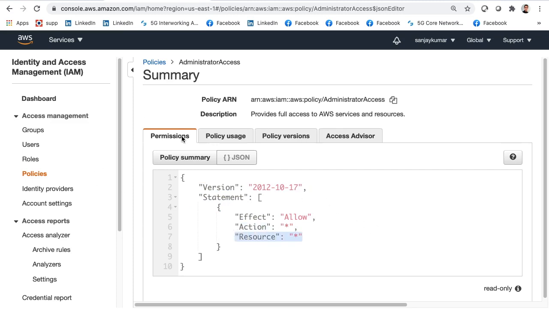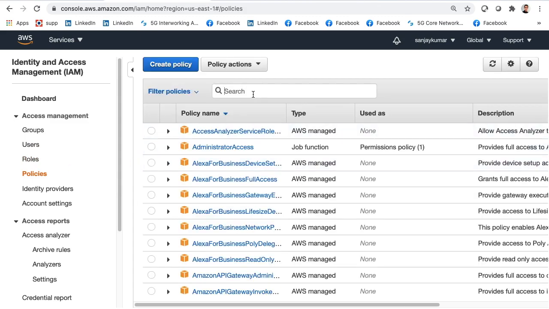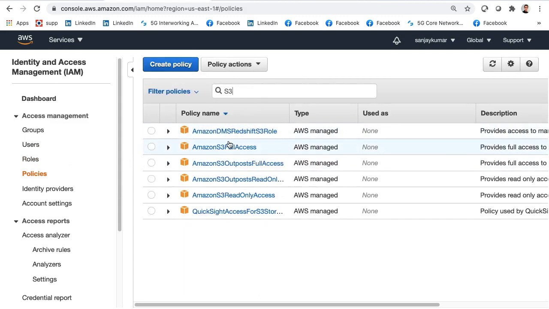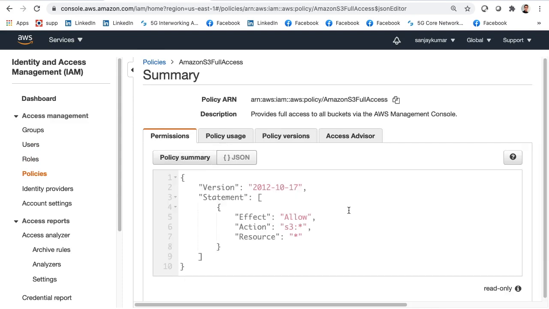However, if I look for another policy, let's say Amazon S3 full access, the action is possible only within S3 and resources are all star. That means they will be able to do everything in S3. They have got full access for S3, right?